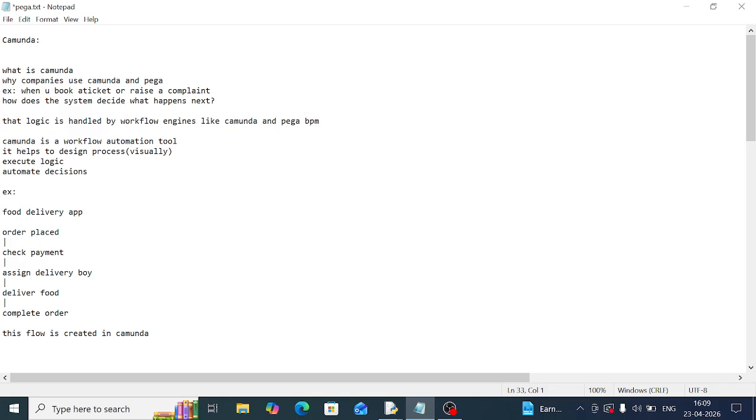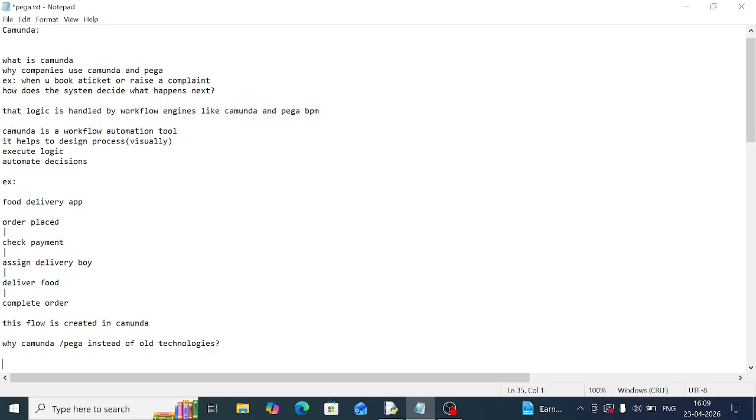Why do companies use Camunda or Pega instead of old technologies? That you need to understand. I will tell you an example. By using Java or Python, if payment double equals success,